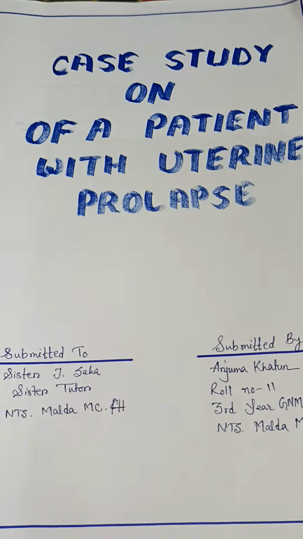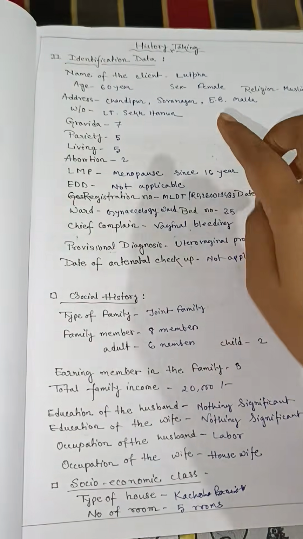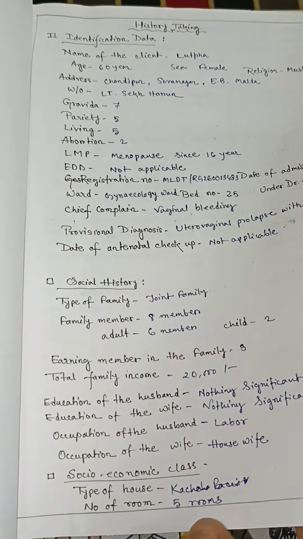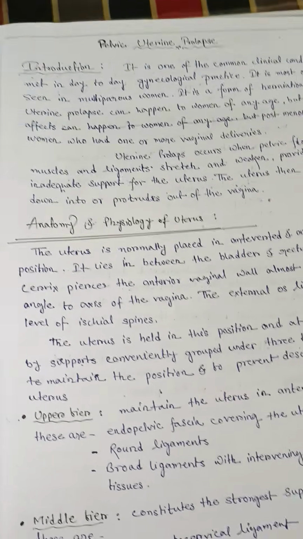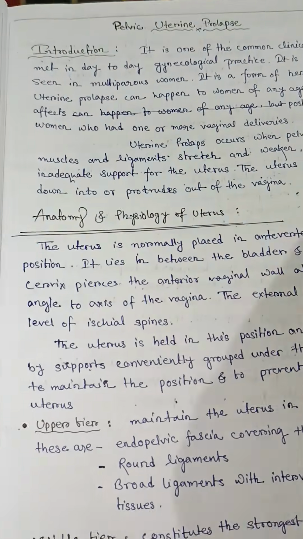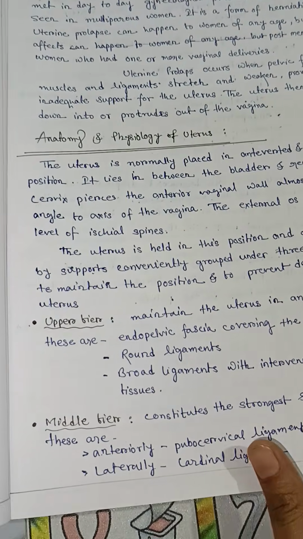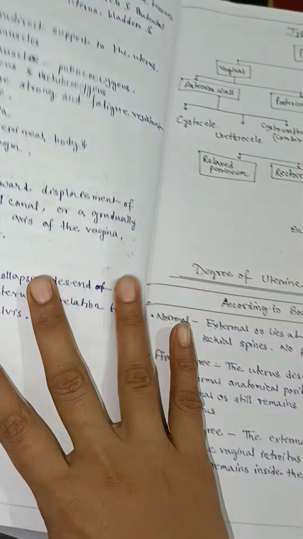Now I discuss a case study on a patient with uterine prolapse. There is some patient history, and now I discuss the topic of uterine prolapse. There are introductions, and anatomy and physiology of uterine prolapse, and next